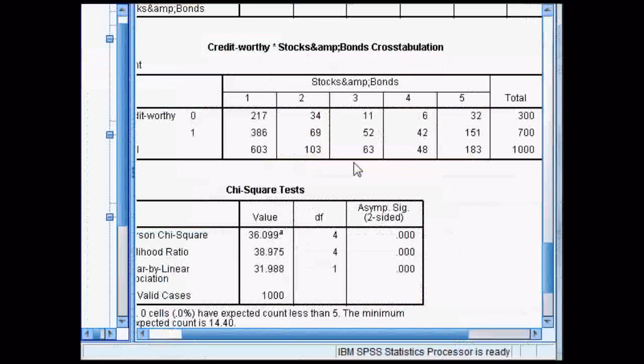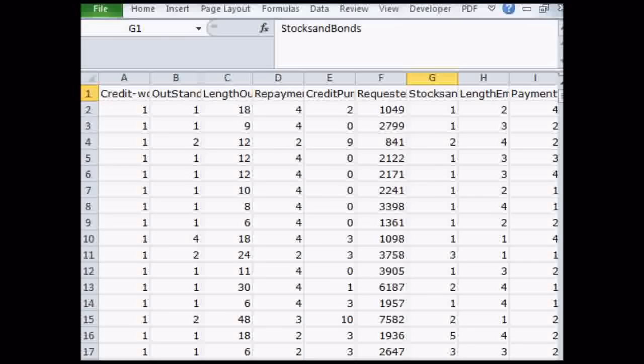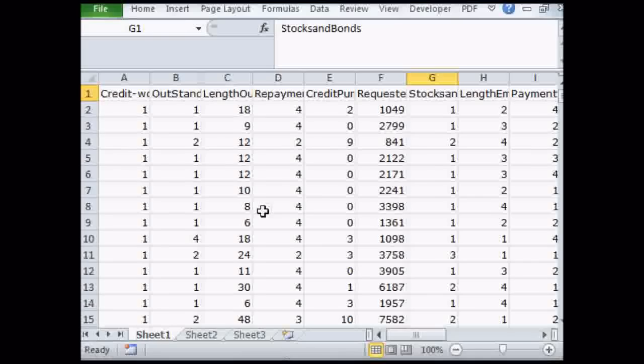So that is running a chi-square test in SPSS, which is what we saw last time. So I want to do now the same test using Excel. Here's our data set. Let me make this the right size. I'm going to insert